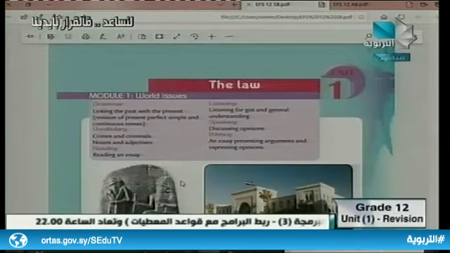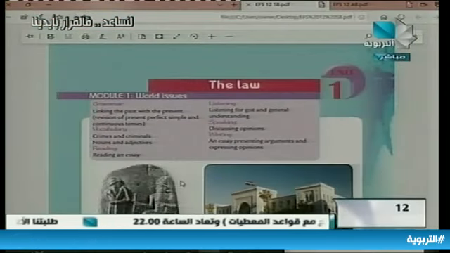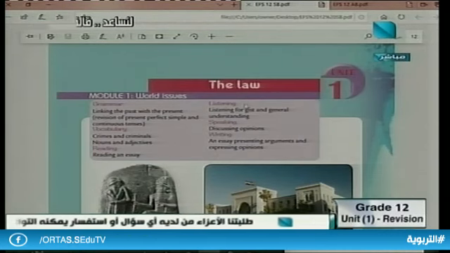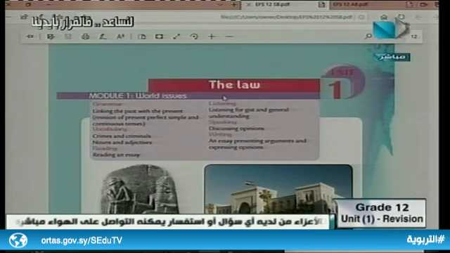Well, dear students, as you know, this is the first seminar in our plan in the Ministry of Education to revise all the units in your curriculum. At first, let me introduce the grammatical skills mentioned in Unit 1. We can use the laptop, of course. As you can see, the title of Unit 1 is The Law. So it's about the law.